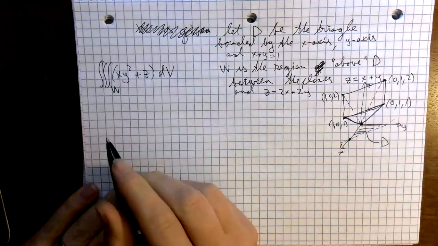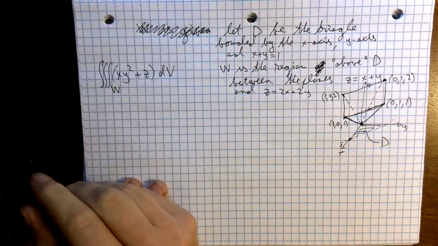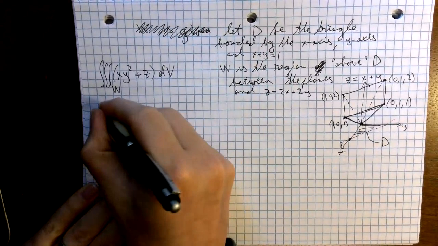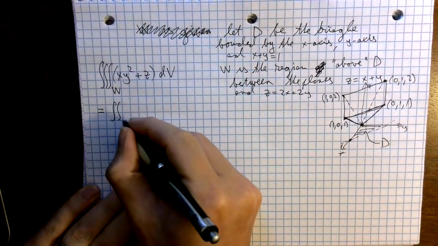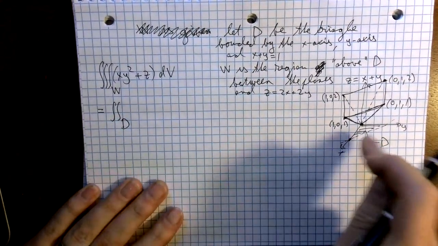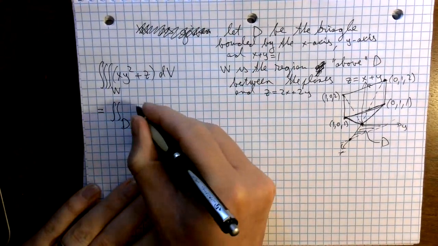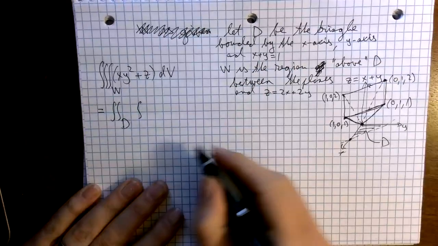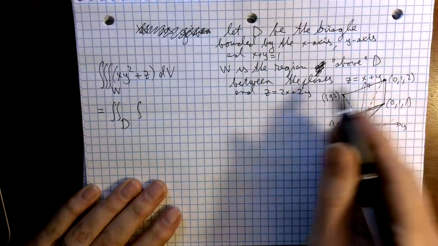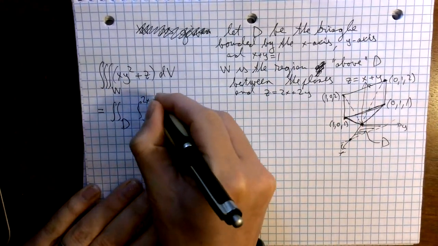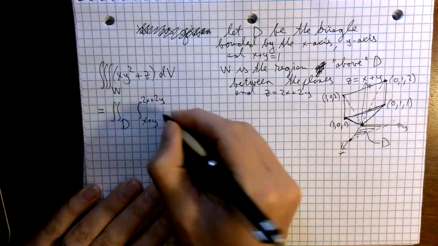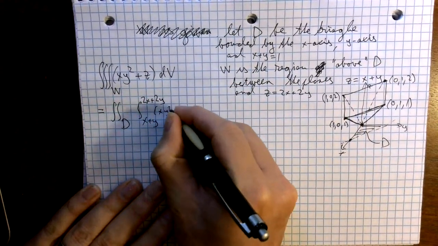So, all right. Well, let's integrate. It's the integral over D, which is going to be the triangle, right? The integral from, well, this is my alpha, this is my beta, so x plus y to 2x plus 2y of x y squared plus z